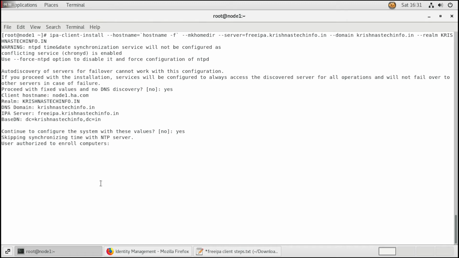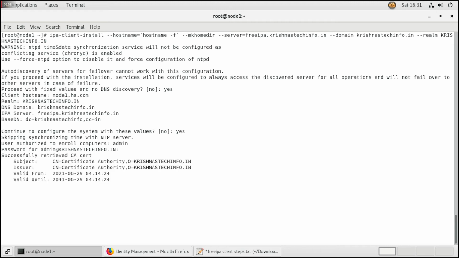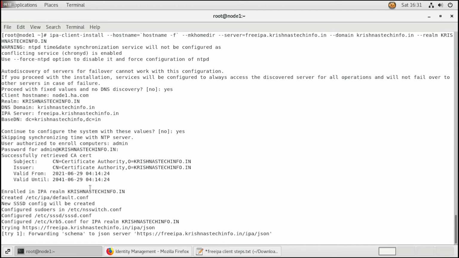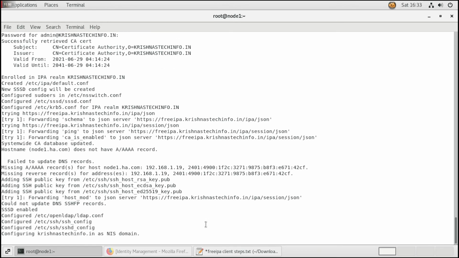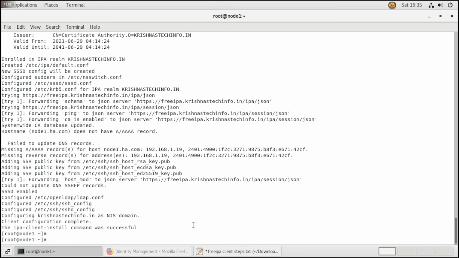Now we need to enter the admin user to enroll this system, so give admin and the password for the admin user. So now it is adding the client to the IPA server. Now the ipa-client-install command was successful.